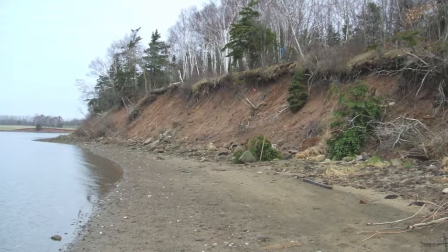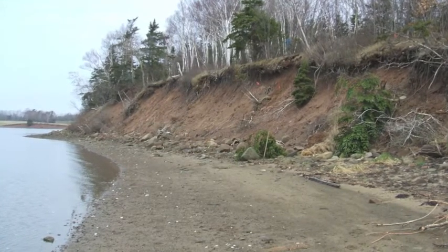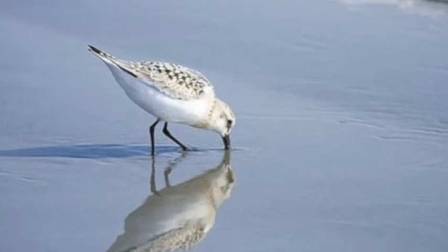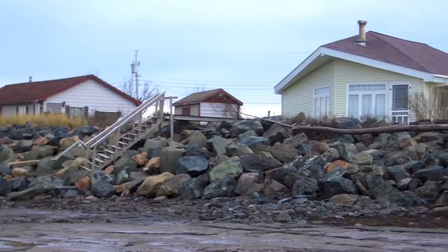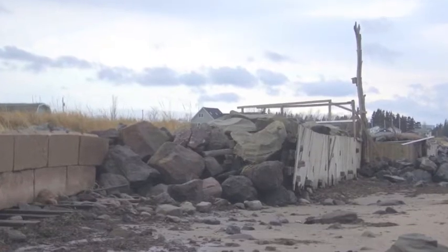Coastlines are highly dynamic systems that naturally move, migrate, and erode. Managing erosion to protect people and properties is a difficult challenge, especially because we need erosion to maintain the coastal systems and habitats we love. Hard-engineered erosion control structures, such as rock walls, can interfere with natural shoreline processes and often result in accelerated erosion